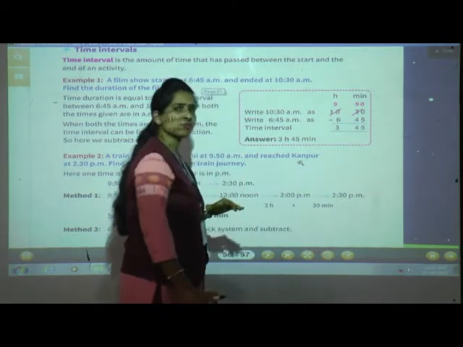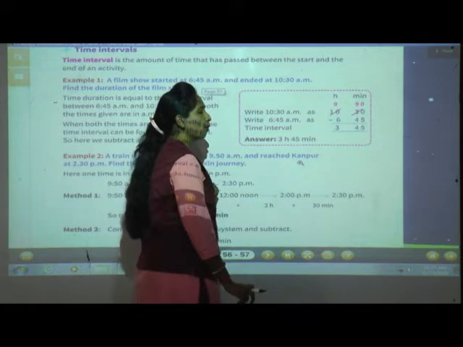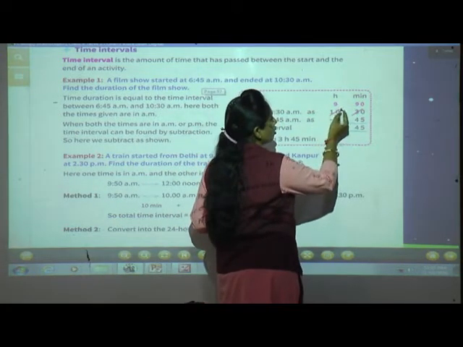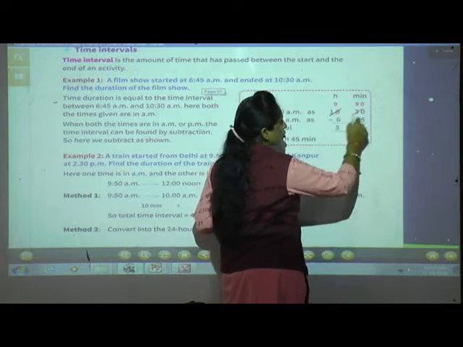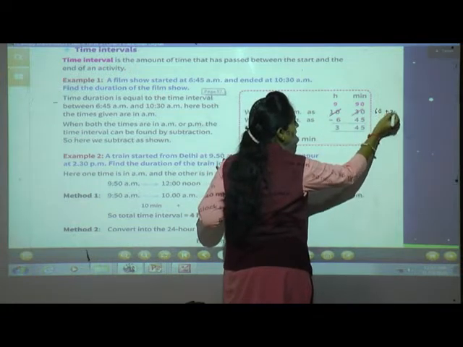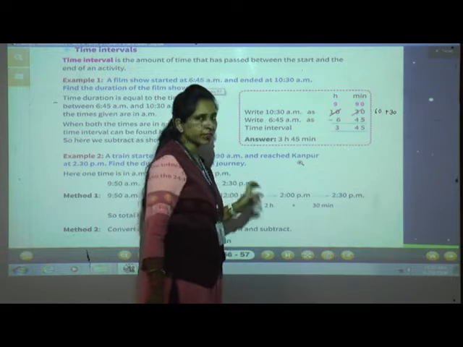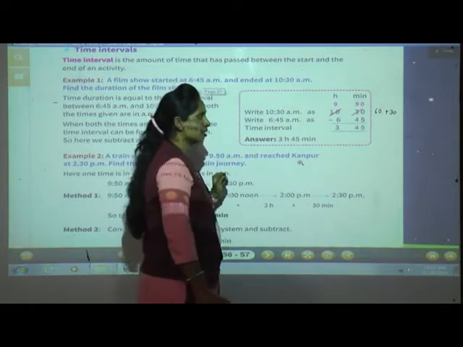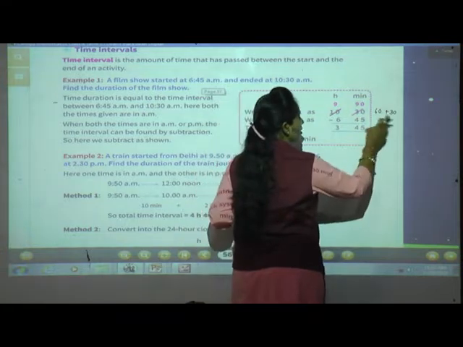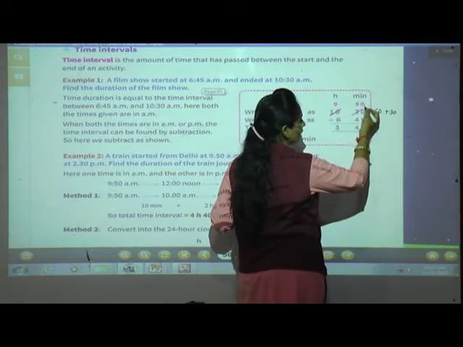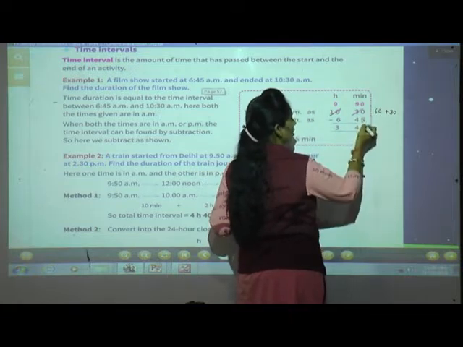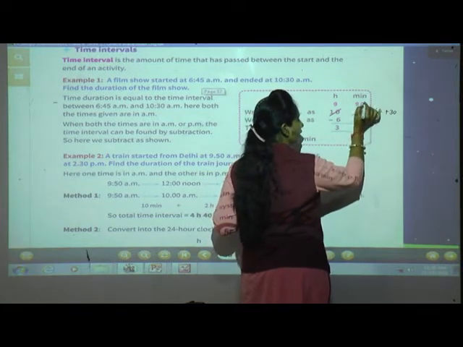Okay, now 30 minus 45 we cannot subtract. So what do we have to do in that case? We have to take a borrow from 10 hours. So 10 hours will give 1 hour. So here 60 plus 30. 1 hour we cannot write here because here minutes are there. So we need to give minutes only. 1 hour means 60 minutes. So 60 plus 30 is 90. Now we can subtract. 90 minus 45 is 45 only. See how? 0 minus 5, we can't cut the 0 as it is, take a borrow from the neighbor.